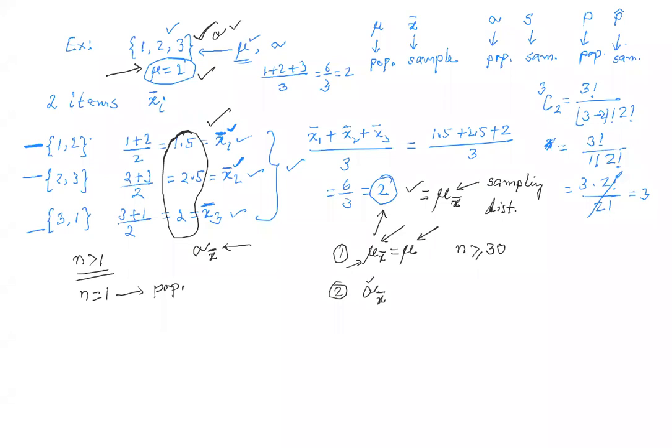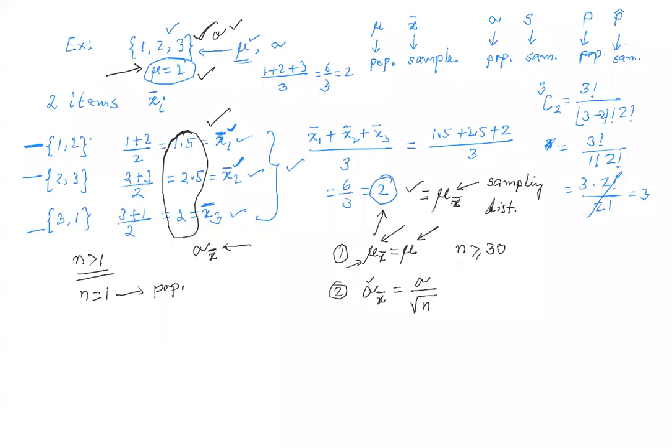And that relation, by the way, is sigma sub x bar is equal to sigma divided by square root of the sample size. That means how big is your sample? If n is bigger than 1, let's say if it is 30, you will divide it by the square root of 30, of course. If it is 100, you divide it by the square root of 100, and so on and so forth. So these two are called the conclusions of the central limit theorem,